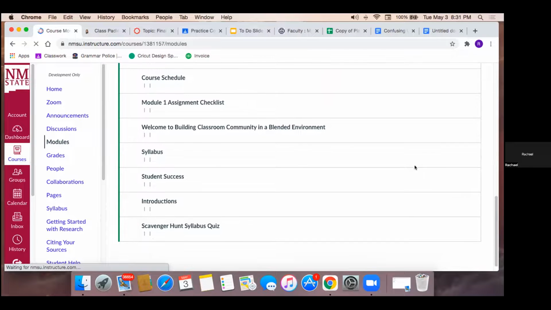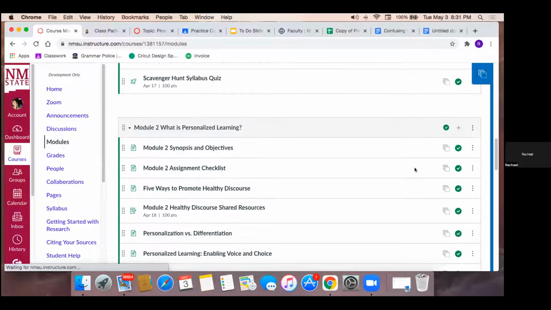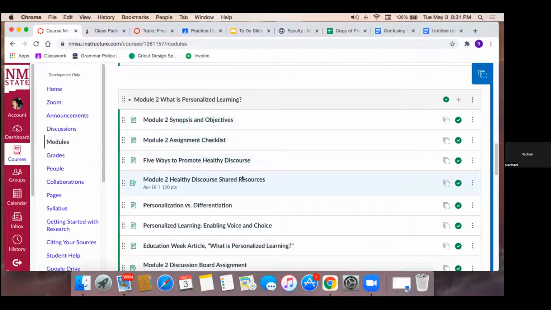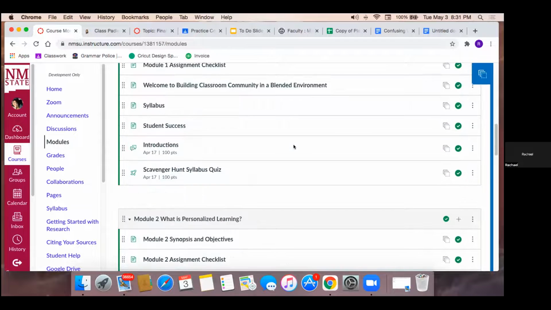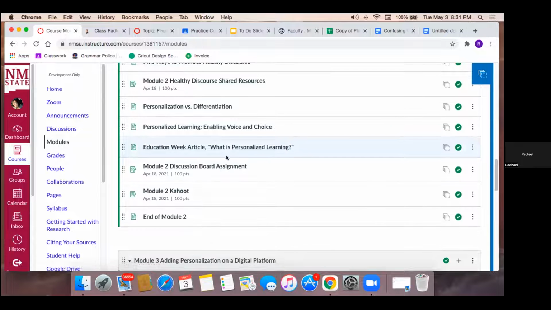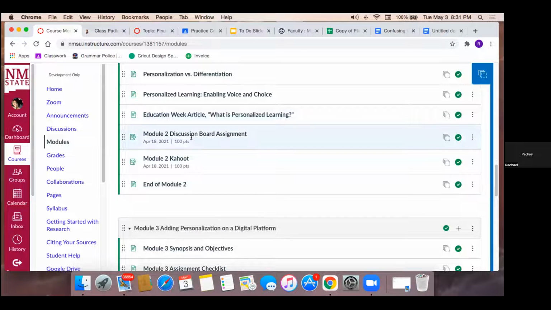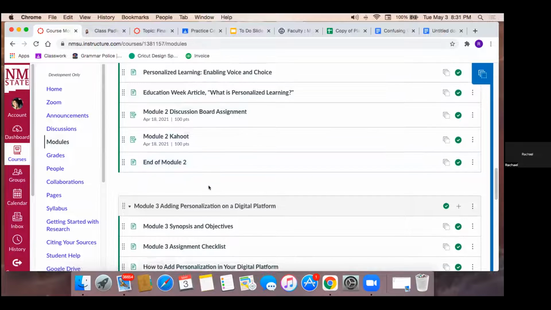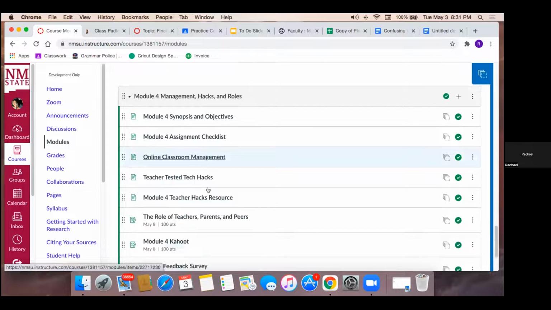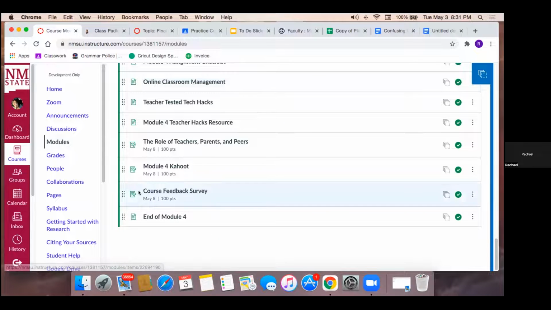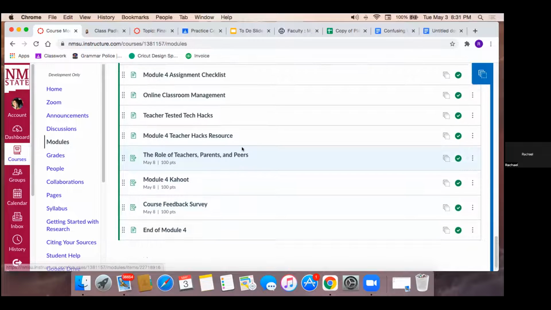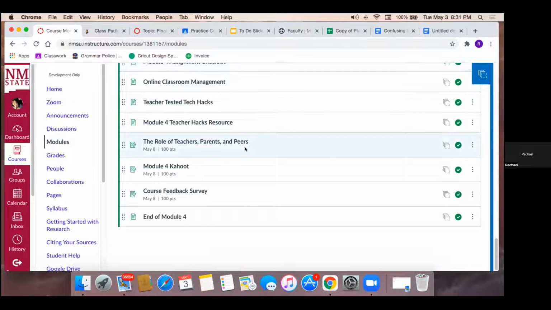Beyond that, there's an assignment checklist, course information, a Padlet for every module, a discussion board assignment, a Kahoot for self-assessment, and then an end of the module page. And at the very end, I've got a course feedback survey, just so they can give me feedback. And next time, of course, the course will be better for the next colleagues. So that's about it, unless there are any questions.